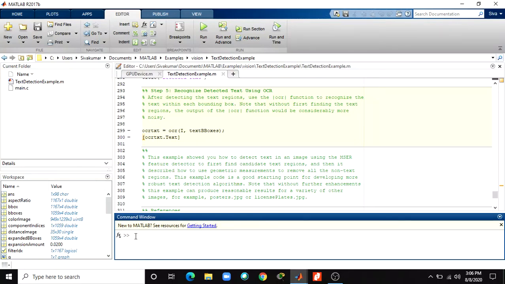Hello everyone. In this video we are going to discuss MATLAB Simulink, that is Simscape, to model the single rectifier diode by using MATLAB Simulink. To open the model, at the MATLAB command prompt enter ee_pe_rectifier_diodes.